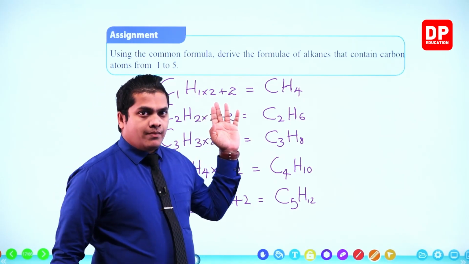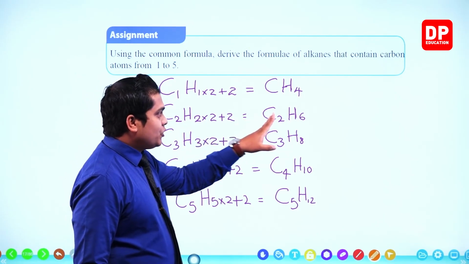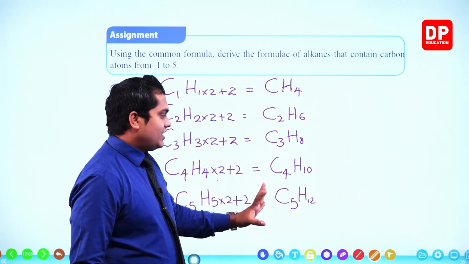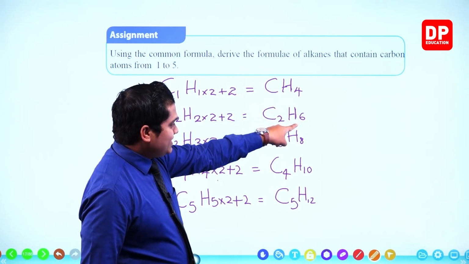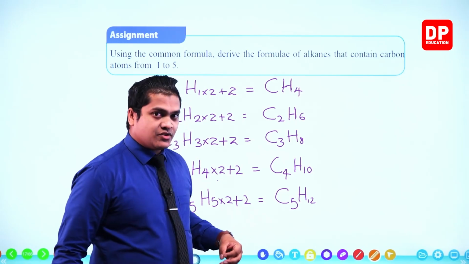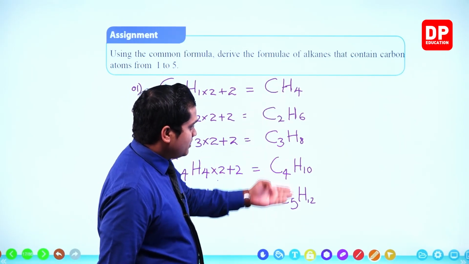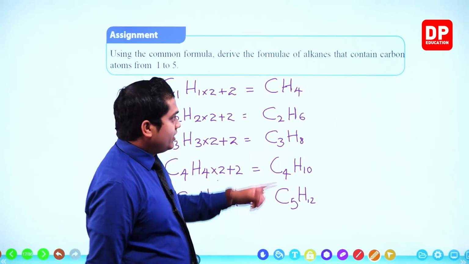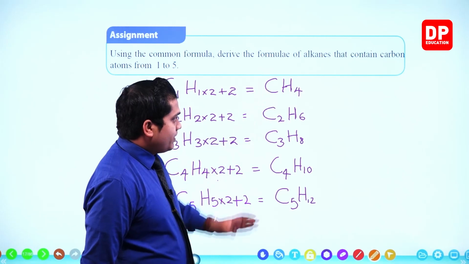The basic alkane, CH4. Second one, C2H6. Third one, C3H8. C4H10. C5H12. I think you can see a pattern. See? 4, 6, 8, 10 and 12. Then next one, 14. Next one, 16. Next one, 18 and so on. So, here you can observe an arithmetic progression. Right? An arithmetic progression can be observed when you see the chemical formulae of